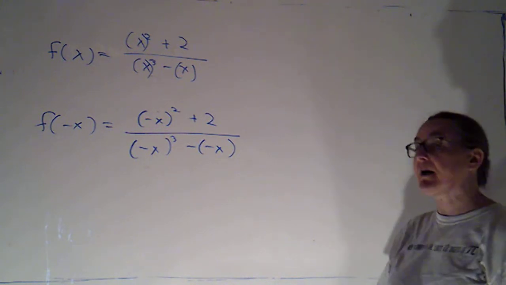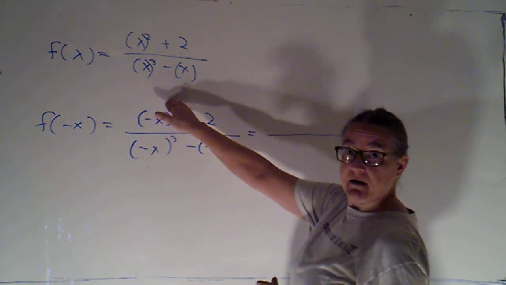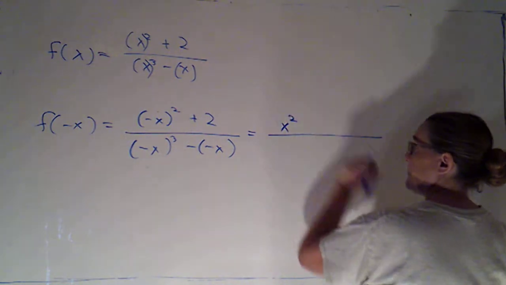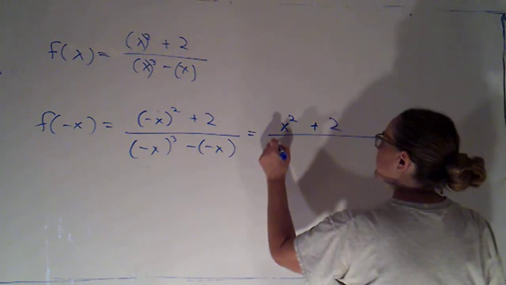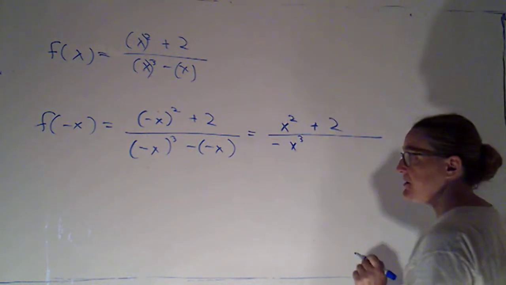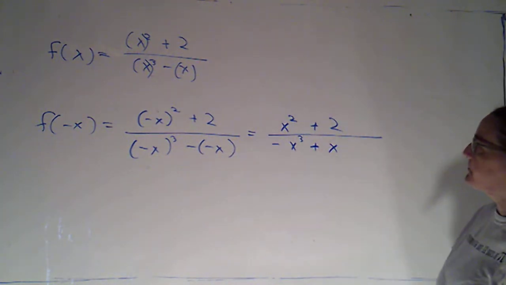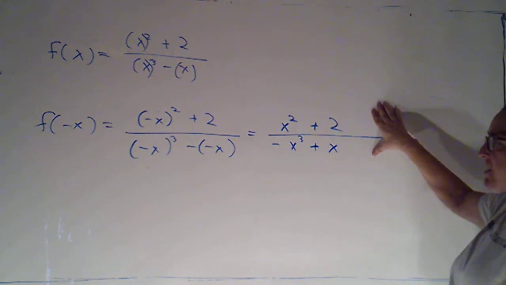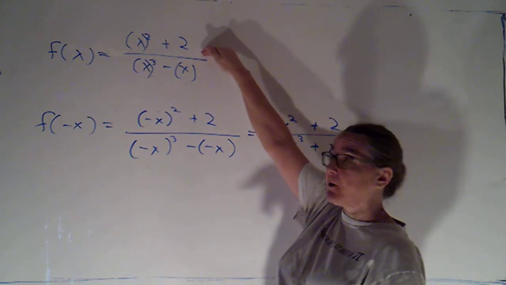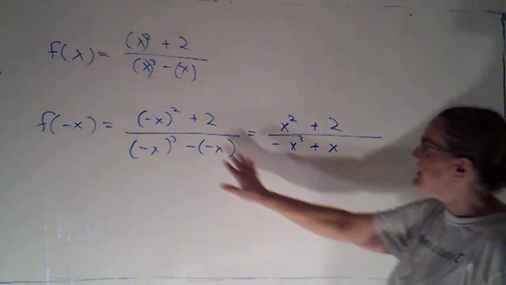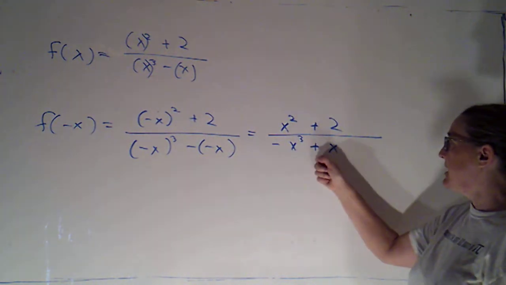Now in my next step, I'm going to simplify. On top, the opposite of x squared is the same as x squared, because that's an even power. And of course, 2 just stays as 2. On bottom, this becomes the opposite of x cubed, and minus a negative x becomes a plus x. So if I take a look at this fraction, the top of the fraction is exactly the same as the top of the fraction I had here. The bottom of the fraction is exactly the opposite,